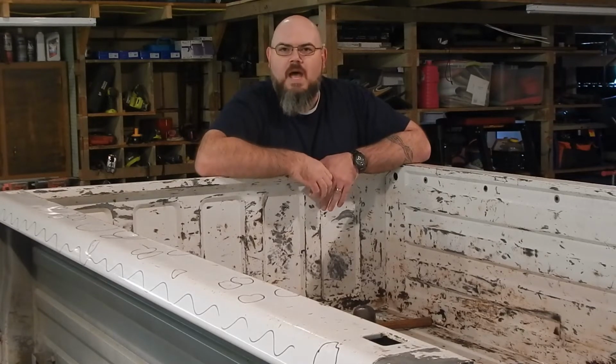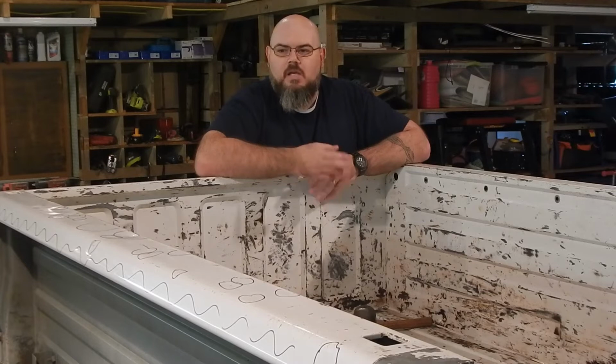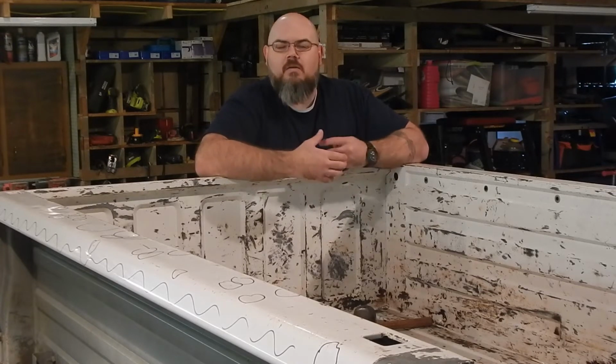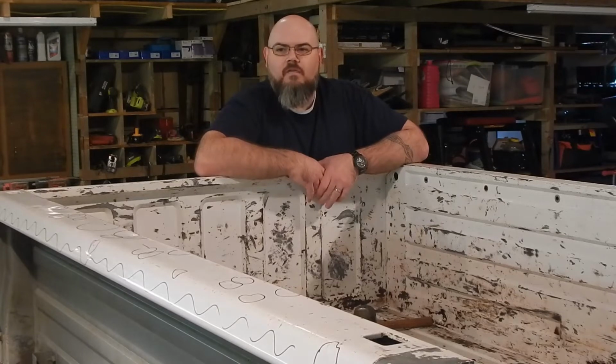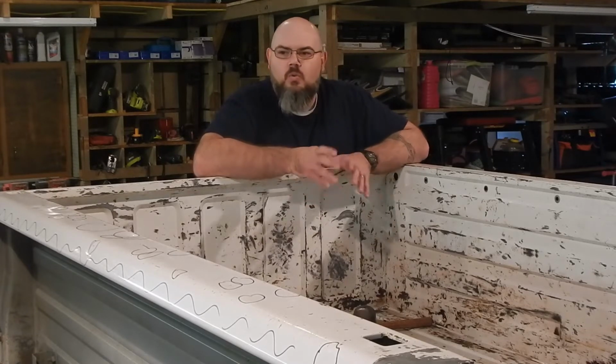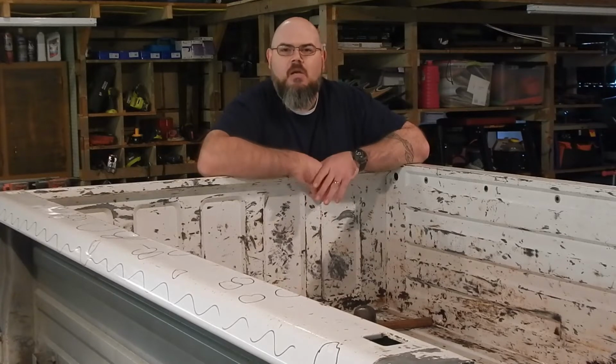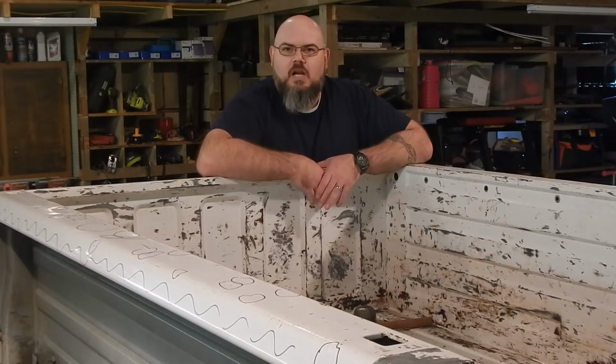You know, we did the tailgate a while back and didn't have to do any real metal work to that. Everything was very minor, and the heat from that grinder, like we talked about, pulled out most of that damage. So then just a little skim coat of filler. Today with these bedsides, we're going to have to do more than that, because we really only have, honestly, 1 or 2 real significant dents, I guess, in the top of either rail. There's not a lot of big deep damage, but there's a couple,